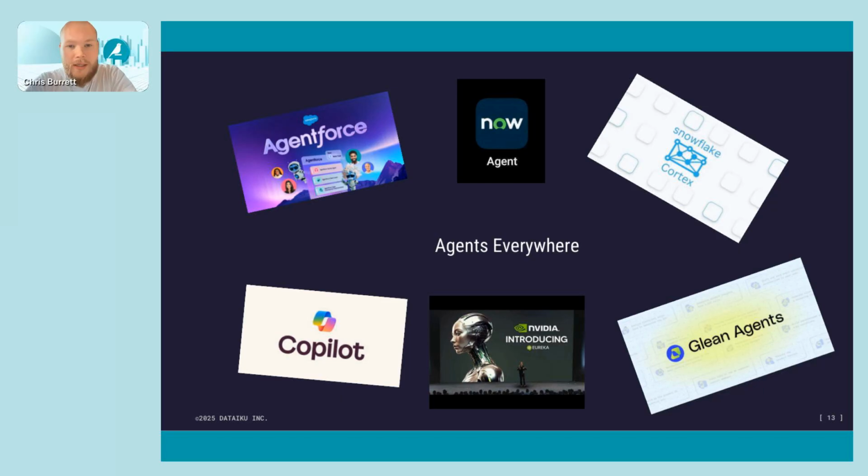So really two key trends that I'm seeing when working with customers and of course in the market as well. The first one, of course, is agents are everywhere, and I don't think this is going to change anytime soon. We're seeing lots of different organizations starting to really specialize agents, which are usually specialized on their specific platform. Obviously, these can be really beneficial, very performant at performing specific tasks on those platforms. I think this is a good thing. I think this is only going to continue, and organizations will be able to really leverage these if they manage to orchestrate all of these agents in a unified way.